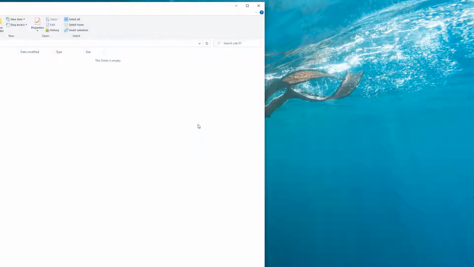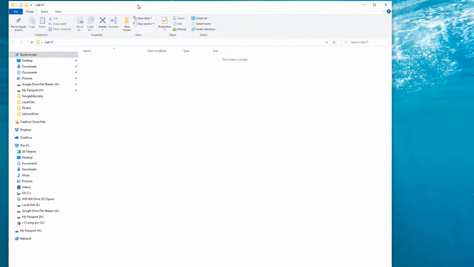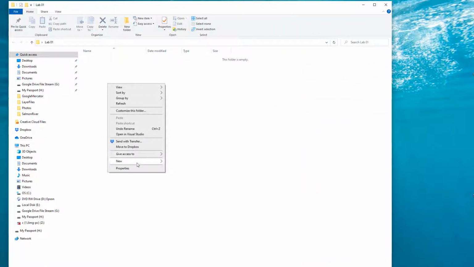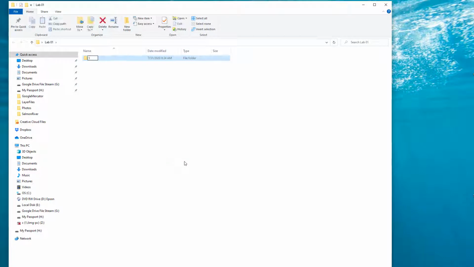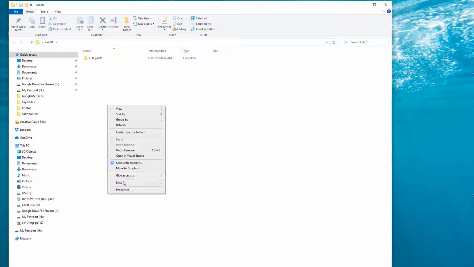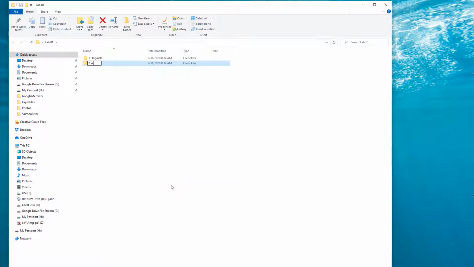And then in this folder, I'm going to set it up the way we do with all of our folders. First, I have 1 originals, 2 working, and 3 final. Now, this is a bit of overkill for this lab because this is a pretty simple lab,